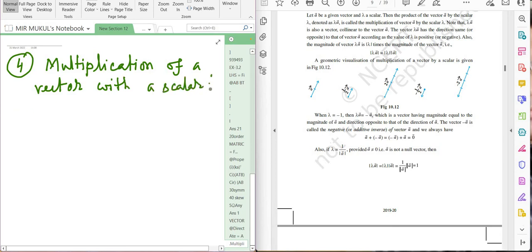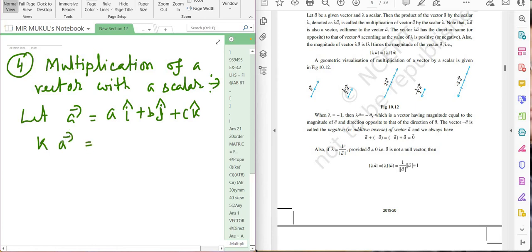So how will we multiply? Suppose vector a equals ai plus bj plus ck. Now if we multiply one constant k with a, then this k will be multiplied with all components,